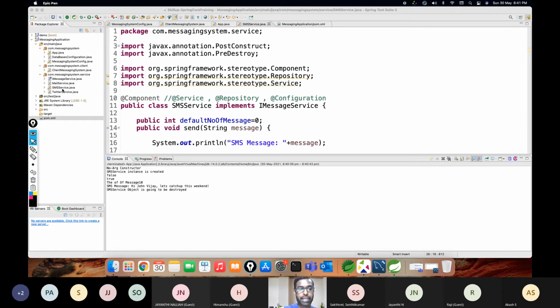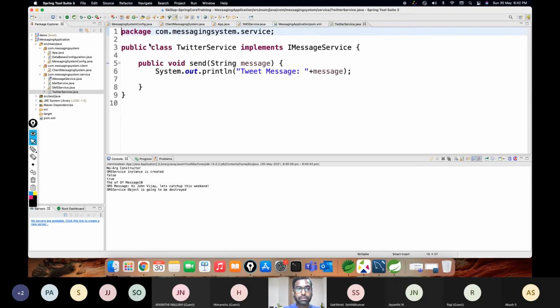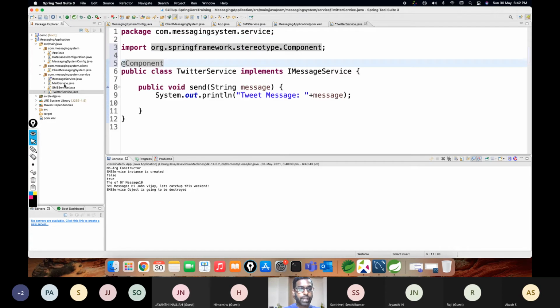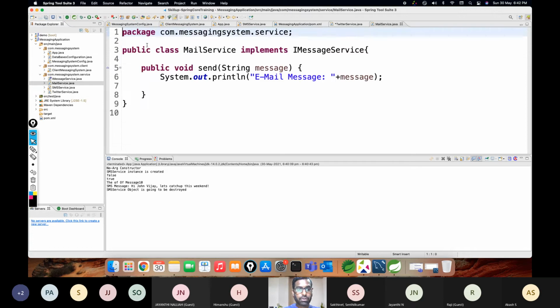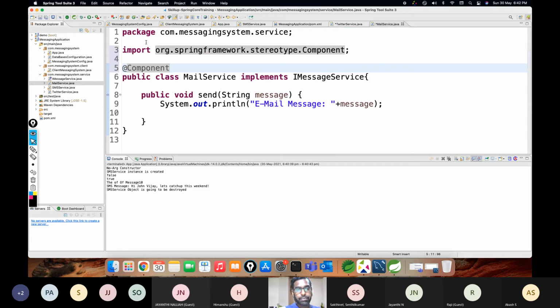But if I go to the Twitter service and there also mark it as @Component, then you will have a bigger challenge. So here you can make it a component. And going to the mail service, we also mark it as @Component. Now how many components are there? Three components are there. When the IOC container is going to scan,